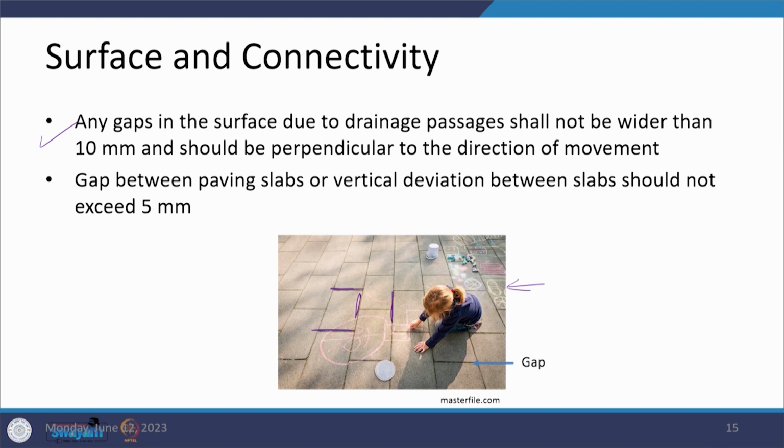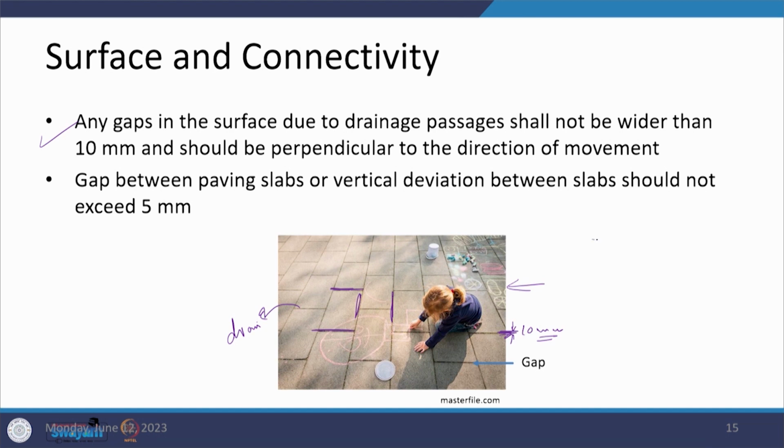So, whatever this gap position is, it should not be more than 10 mm, and the water should be provided in such a manner that it drains along this and just goes away from the surface in the perpendicular direction. That means, if a drain is being provided here, then this water will get into that drain which is provided alongside the curb. Another important thing is that when you are walking on this particular